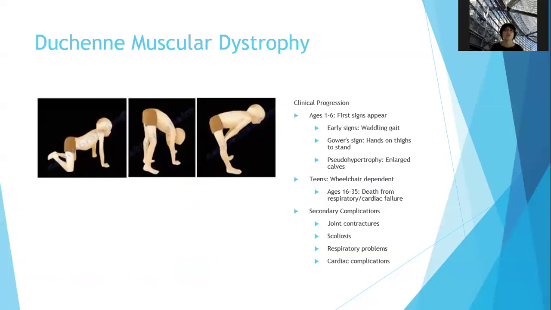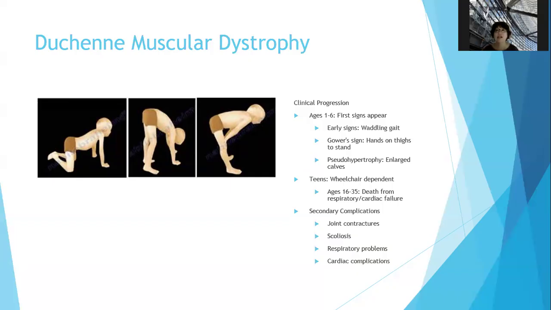The clinical progression is generally ages 1 to 6 is when the first signs appear. The early sign is a waddling gait. The figure here is Gower sign, where instead of jumping up from the floor like kids normally do, they use their hands on their thighs to stand, and that is because their legs are weak. And pseudohypertrophy of the calves, so it's not real hypertrophy where the muscle cells are getting bigger, but the calves are enlarged because muscle cells are being replaced by fat cells